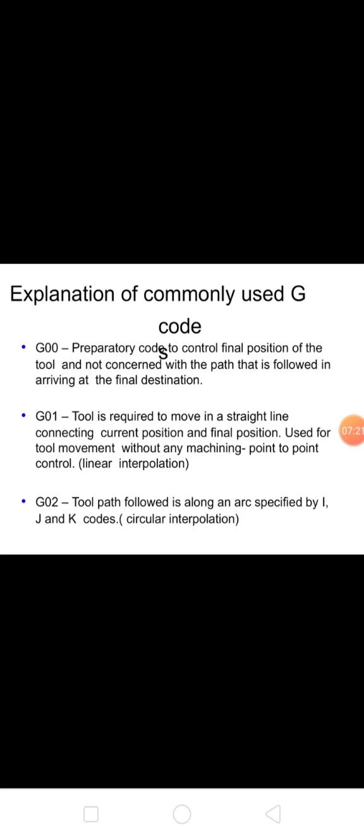Some important G codes and M codes are used for preparing the part program. We have to see all the important G codes. See here: G00 is rapid traverse, G01 linear interpolation, G02 circular interpolation clockwise, G03 circular interpolation counterclockwise, G17 XY plane selection, G18 XZ plane selection, G19 YZ plane selection, G20 or G70 inch units, G21 or G71 metric units,